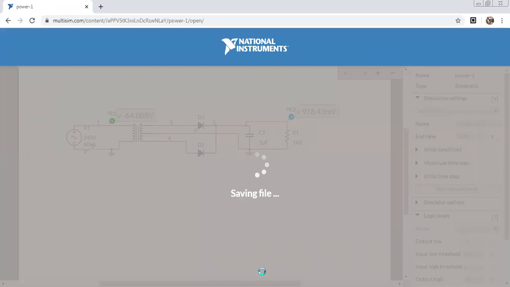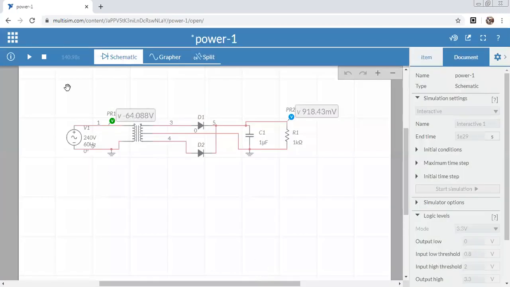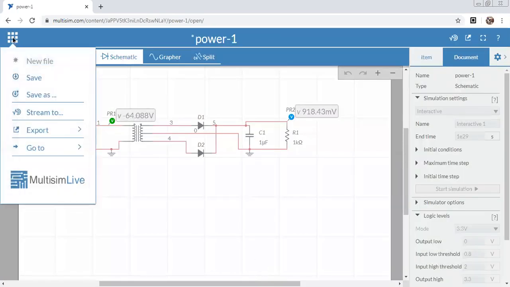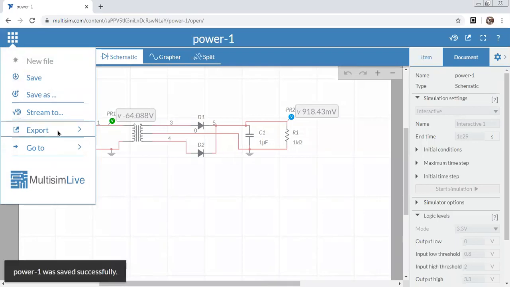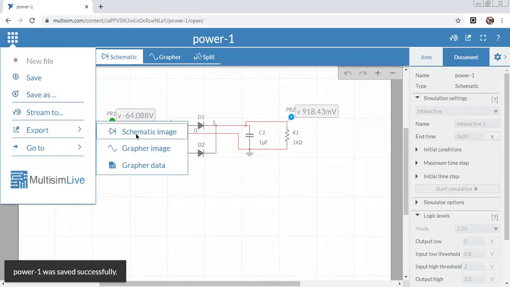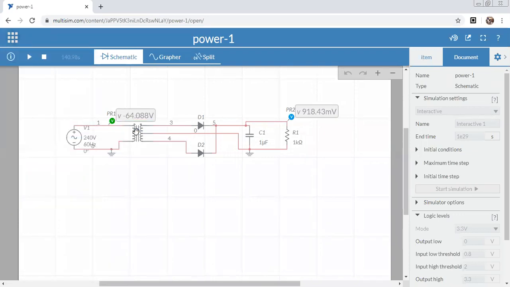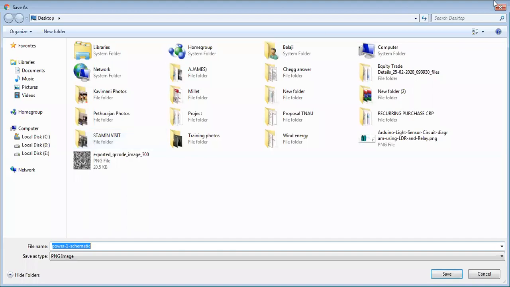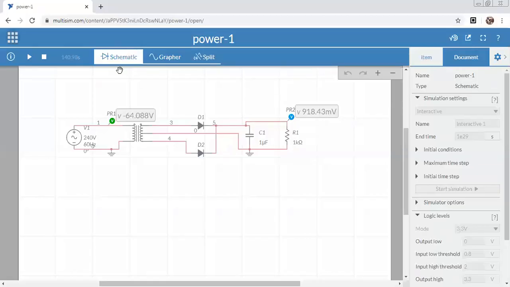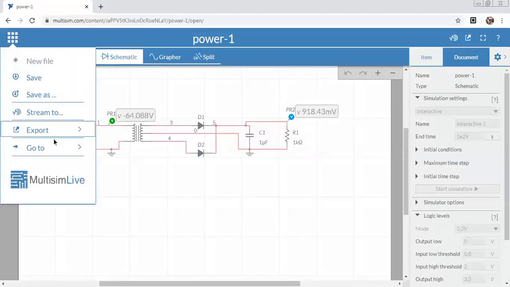Okay. Next, I will tell you how to see your circuit in the dashboard. For this, there is your export option. If I click export and schematic image, then automatically I can save this particular schematic image on your desktop. Okay, so next, once again I click and go to my circuits.